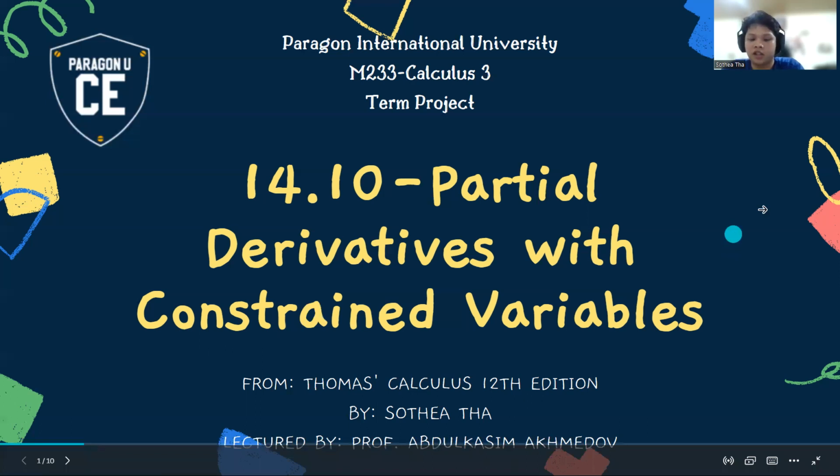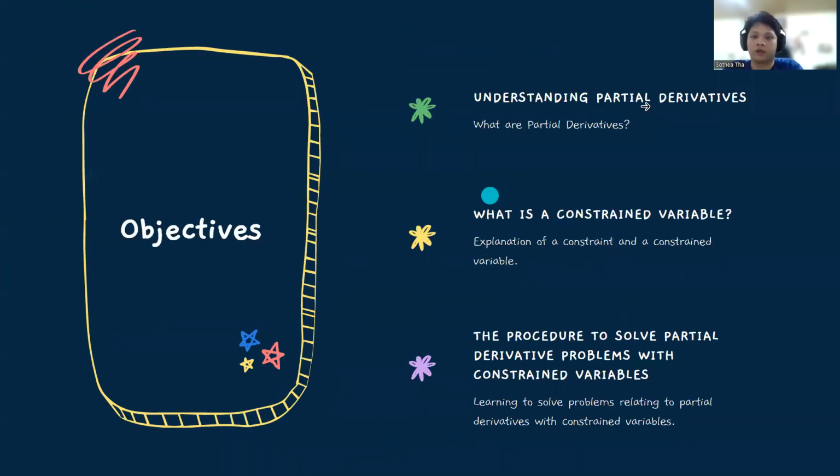So on today's agenda, there are 3 sections to cover. The first section will be about explaining partial derivatives. Basically, I'll just be explaining and briefing about what partial derivatives are. The second section will be about constrained variables and the chain rule. I will be explaining what a constrained variable is and how to use the chain rule to help solve